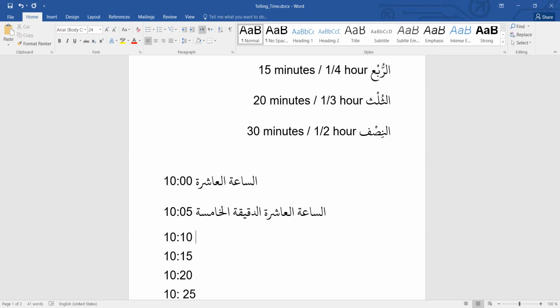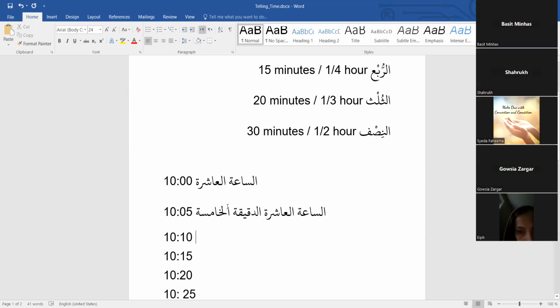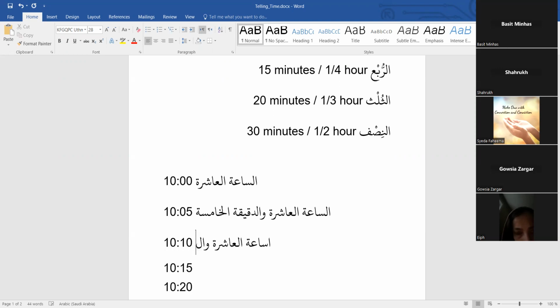So now you guys are going to tell me what's going to be this one. Follow the model of the above one, like 10-5. Just tell me how are you going to write the 10-2? الساعة العاشرة. Yes. والدقيقة والدقيقة العاشرة. Yes, perfect. الساعة العاشرة الدقيقة